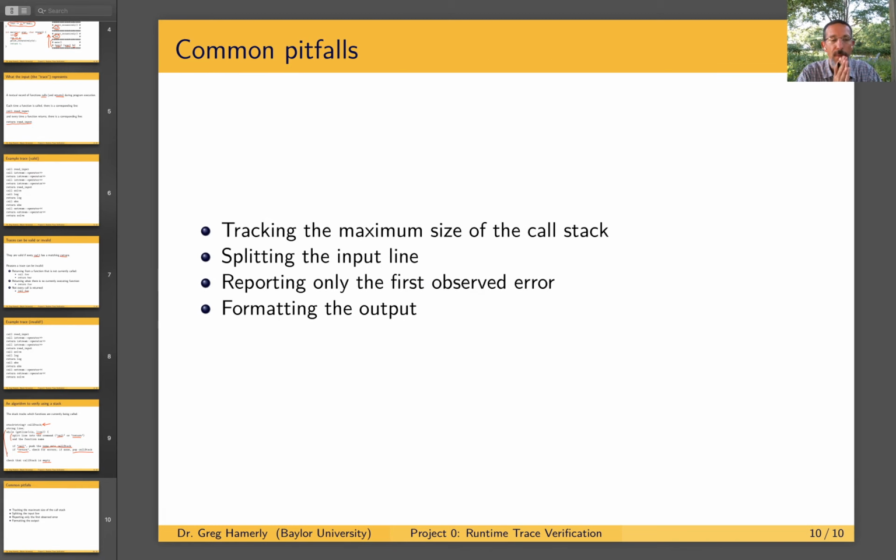Okay, so some common pitfalls that you might run into. There's a detail that I didn't go into here, which is that along the way, you need to track the maximum size of the call stack. Not the size of the call stack when the program finished, not the size of the call stack at some point. You just need to track over the lifetime of the program or the trace, how large that call stack got. There's lots of ways of making a mistake when you're splitting the input line into those two words. So try to do so carefully and use existing C++ library code to help with that. Make sure you're reporting only the first observed error. So if there are multiple errors that you can identify in a trace, only report the first one and don't go any further. And of course, you could make a mistake in formatting the output because again, the robot is